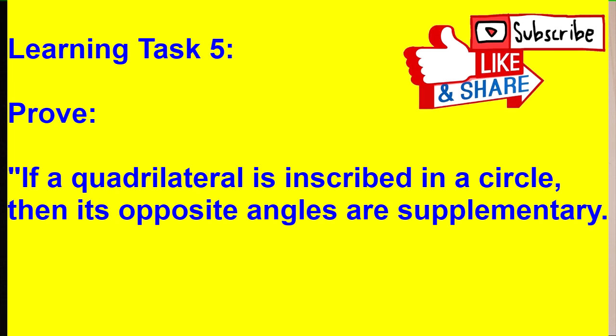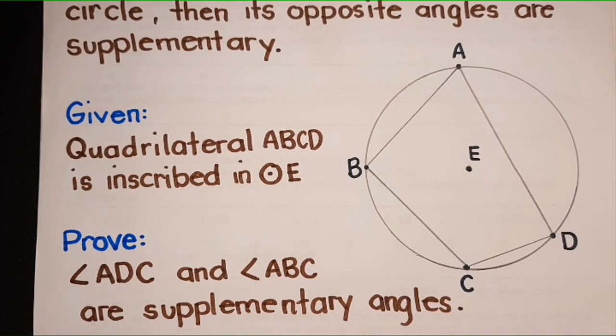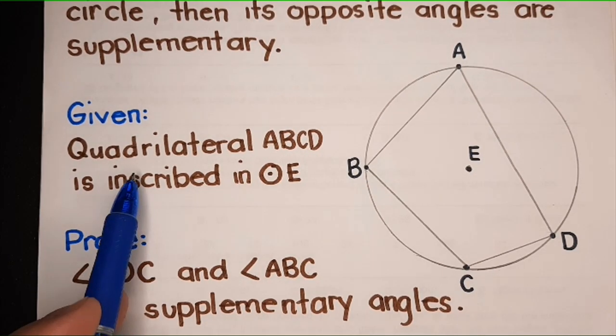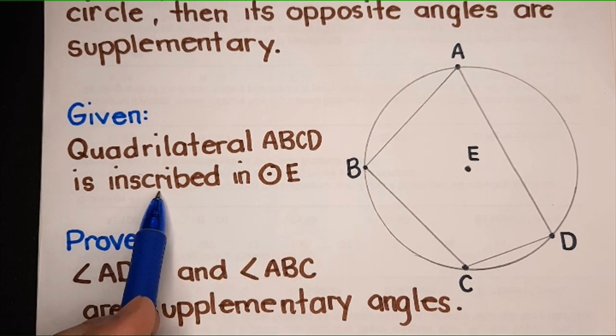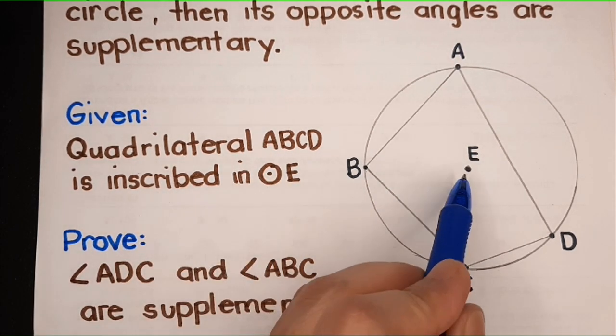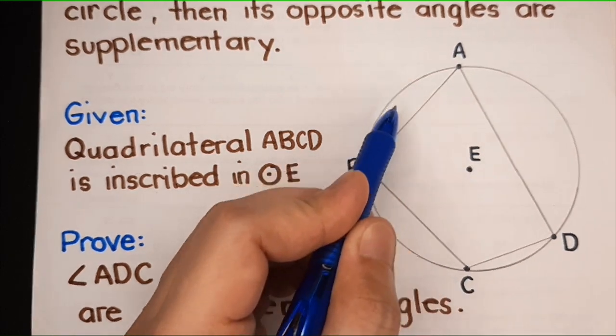So, that means, yung sum ng measures ng dalawang opposite angles is equal to 180 degrees para masabi ninyo na they are supplementary angles. Okay, let's prove the statement. So here, let's say we're given a quadrilateral ABCD which is inscribed in circle E. So obviously this is the center and this is our